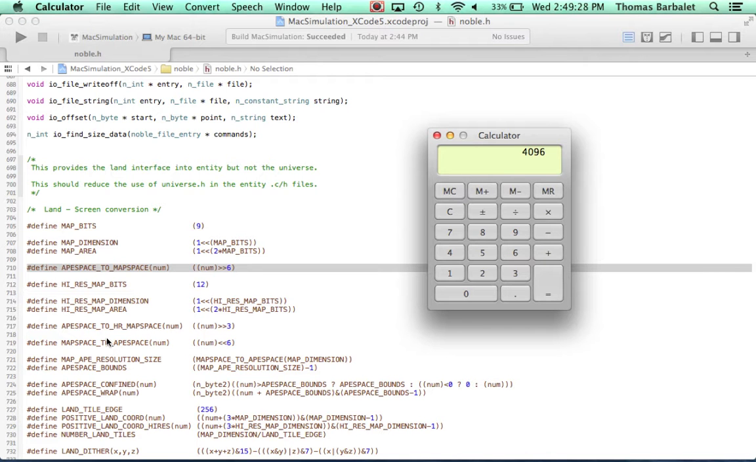So there are 3 spaces: the ape space, the map space, and then the high resolution map space. Ideally these would become more unified. It would be really quite nice actually to have the high resolution map space be the same as the ape space. But memory constraint wise,